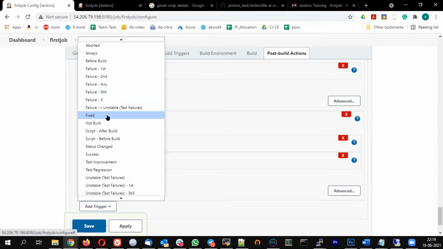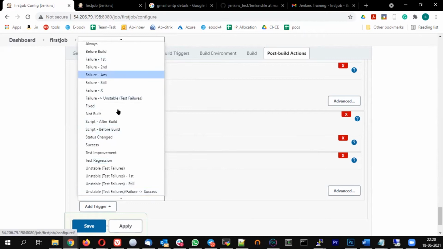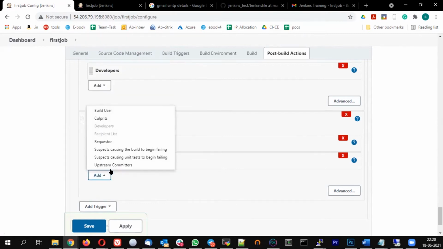Okay. And when the status changed, like the job was continuously failing. Okay. I want to send the email notification when there is a status change. When the failing changed to success or success changed to fail, I want to send that. So all these are the options I have. I'll be able to choose the trigger, and in the trigger, I can add these kinds of